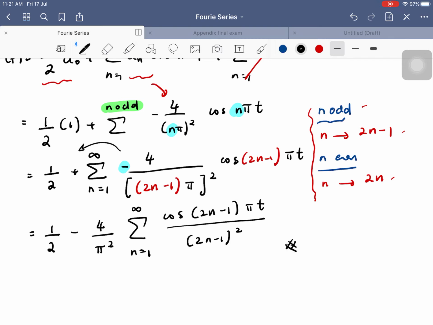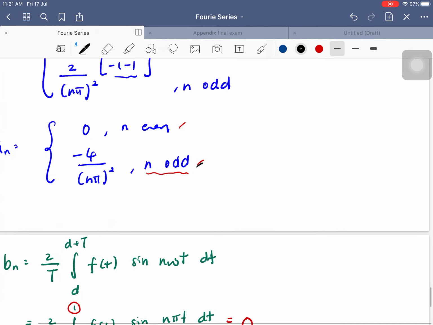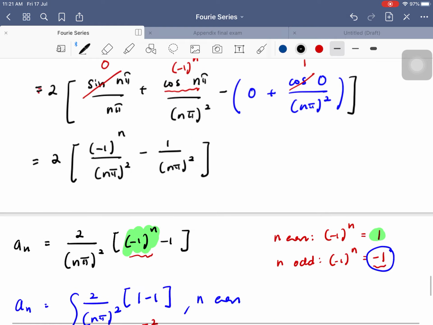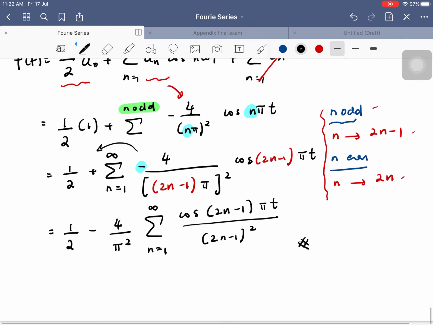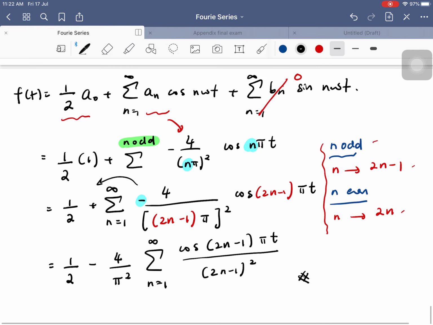That's it. Remember when we have an even function, you have to calculate a naught, and bn is going to be 0. I have shown you 3 examples so far, 2 for odd and 1 for even function. But this Fourier series comes with a lot of exercises. As long as you do a lot of exercises, you will be able to experience many types of functions, and that should be super good for you. There is not going to be that much variety of calculation that you will come across for Fourier series, and even the integration is not that challenging because it's always going to be integration by parts. Okay, for the next example, I'm going to show you the case